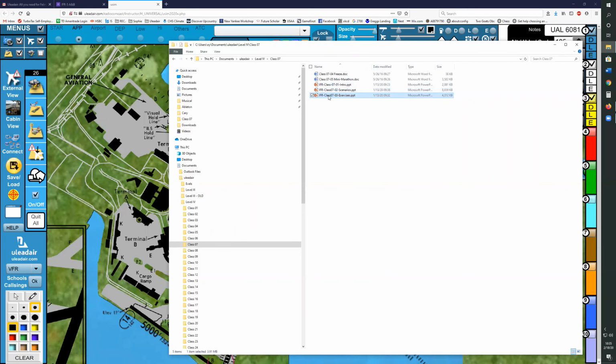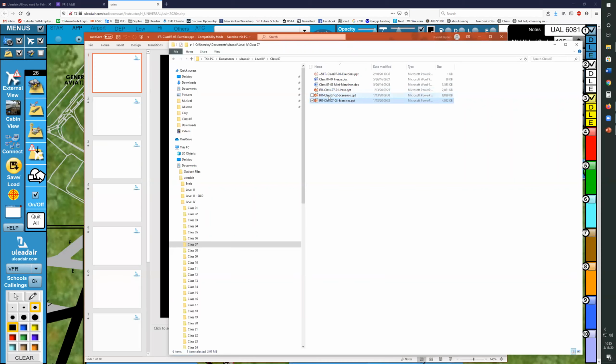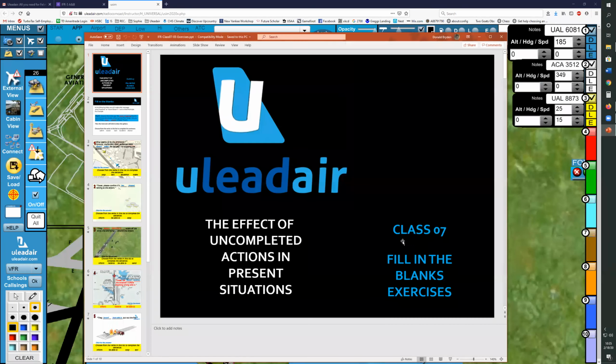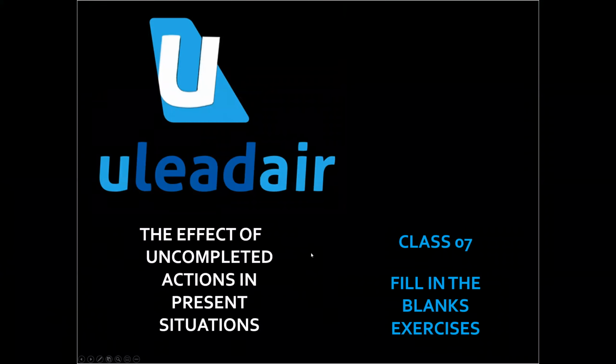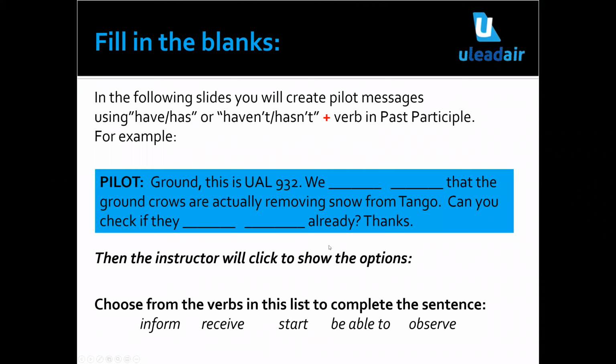Let me bring up the exercises, and we'll finish up looking at these fill in the blanks again. In this example, United 932, we see that the ground crews are actually removing snow from Tango.